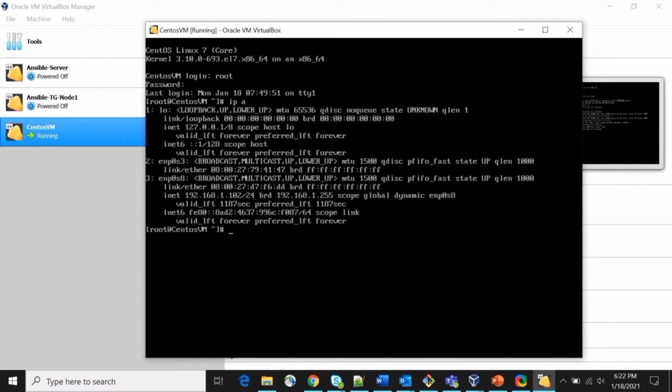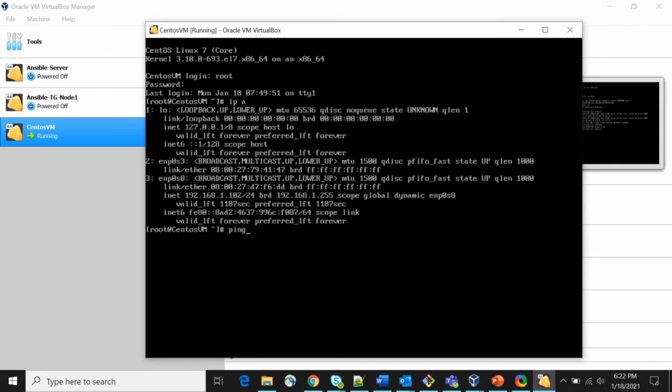See, there are 2 networks, enp0s3 and enp0s8. For s8 you have the IP address for this host-only adapter, and for enp0s3 no IP address is provided.